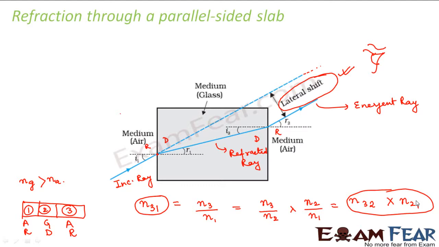Depending upon the refractive index, we say whether the medium is optically denser or optically rarer. So, if the ray enters from a rarer to a denser medium, it bends towards the normal, and if it enters from a denser to a rarer medium, it bends away from the normal. These 2-3 things make up the entire phenomenon of refraction. So, if you know these 3-4 things, you know refraction, right?